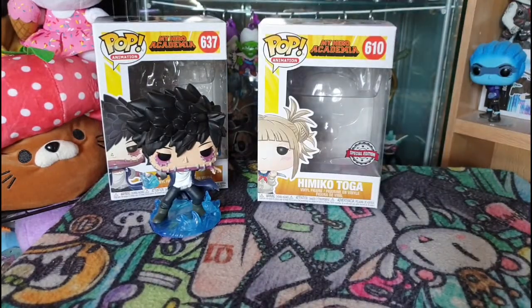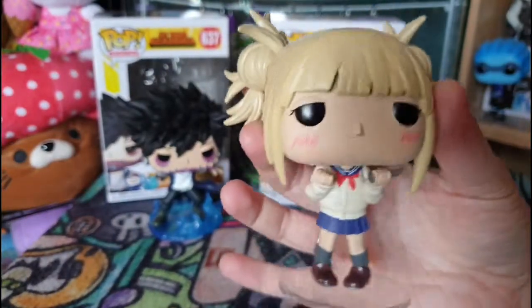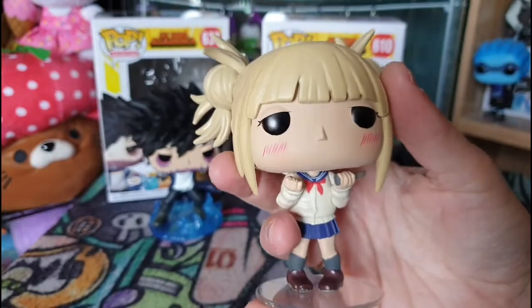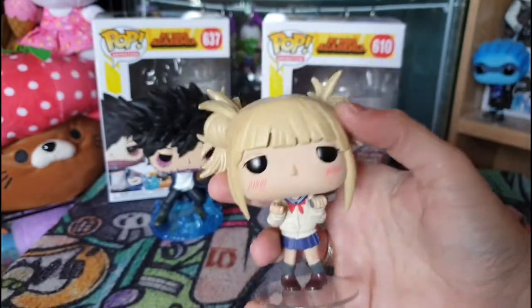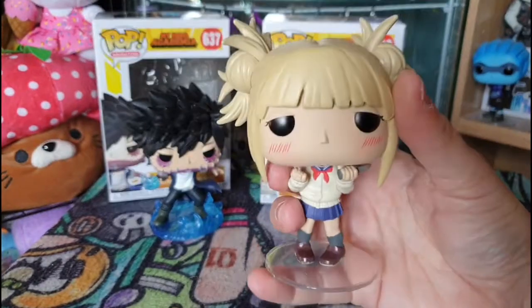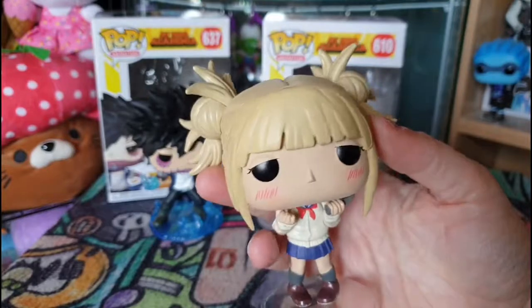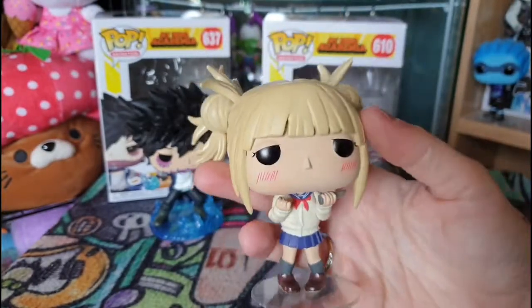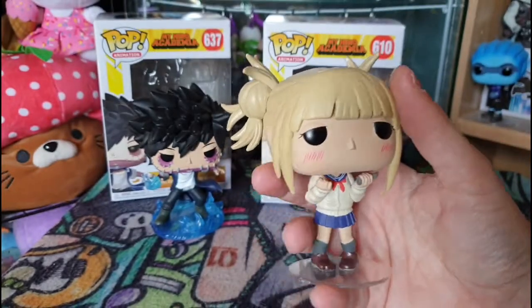So let's have a look at the lovely little girl herself, looking all flustered because she loves that Deku. She's just so cute, and I love the little blush marks on her cheeks. It's so cute. I do love Toga. I see a lot of girls cosplay her because, well, A, she's easy to cosplay, and B, she's a little bit of a psychopath. I think it's that little tsundere thing that everyone likes, and you can see she's holding a little tiny dagger. I would like it if they did another Toga, but when she has all her villain gear on,